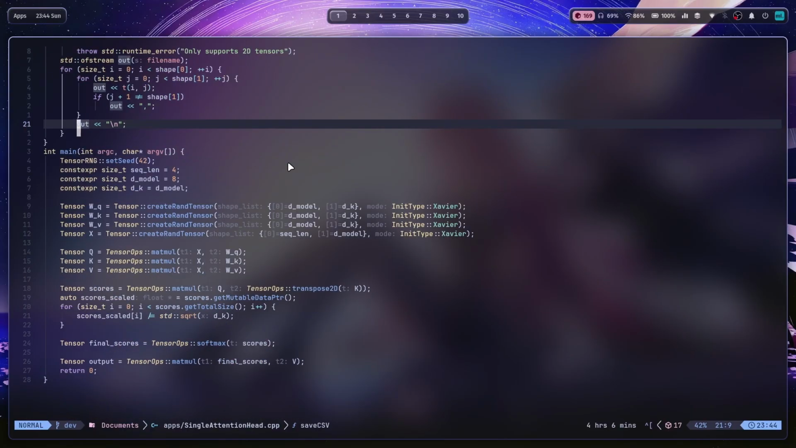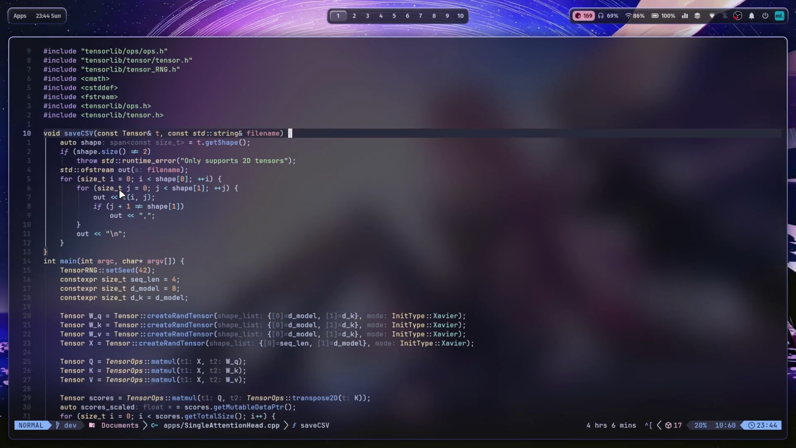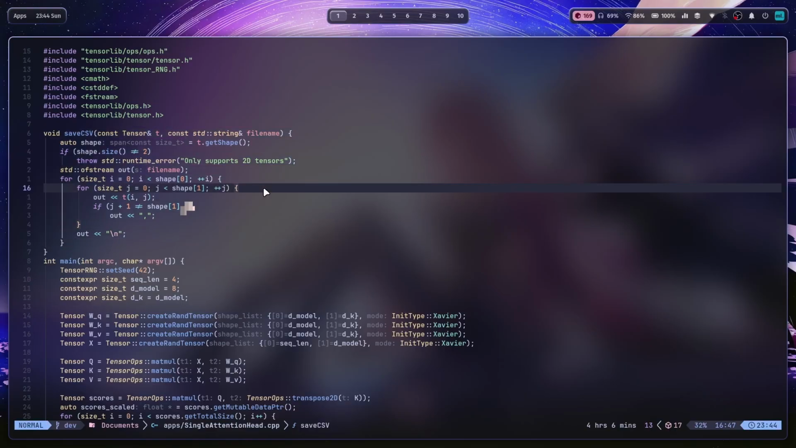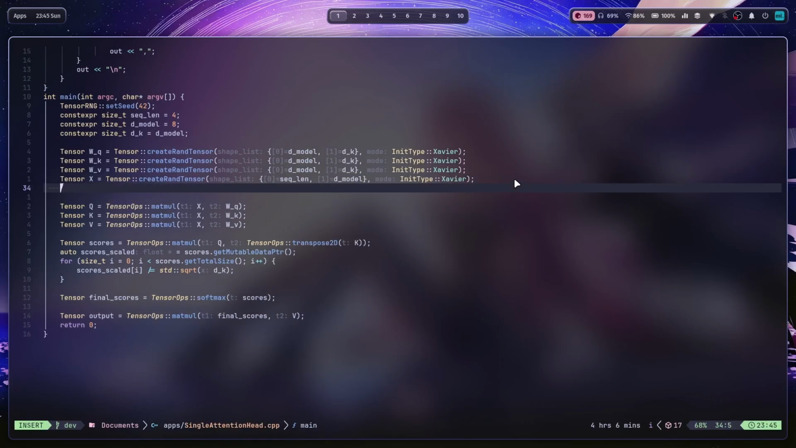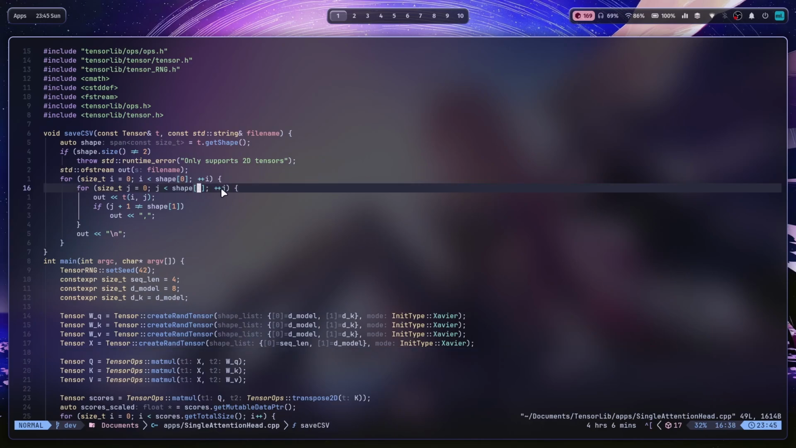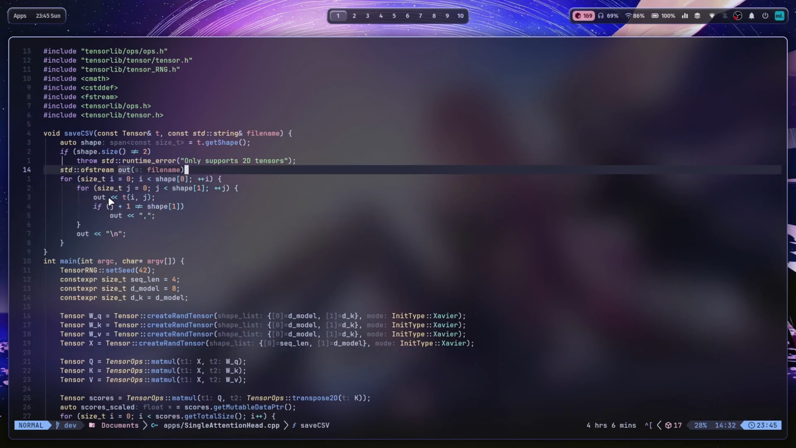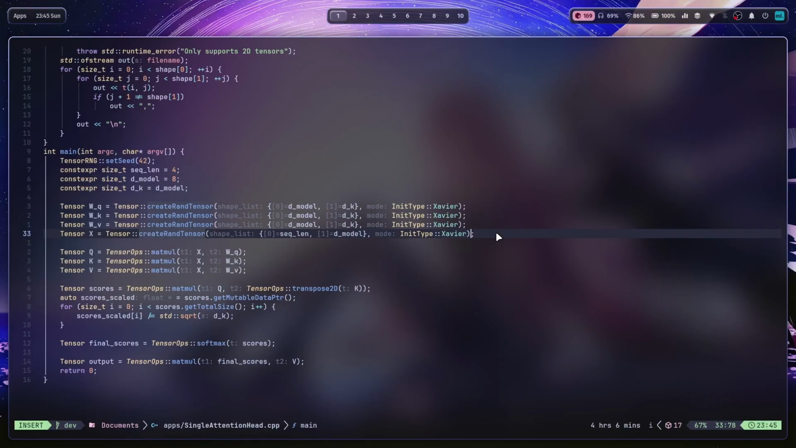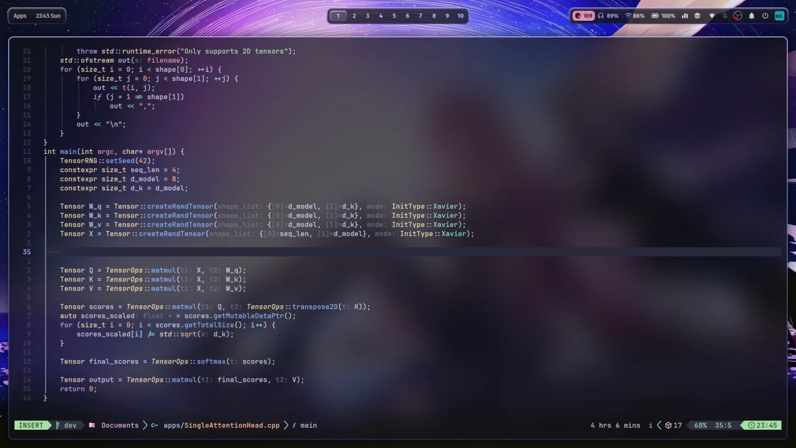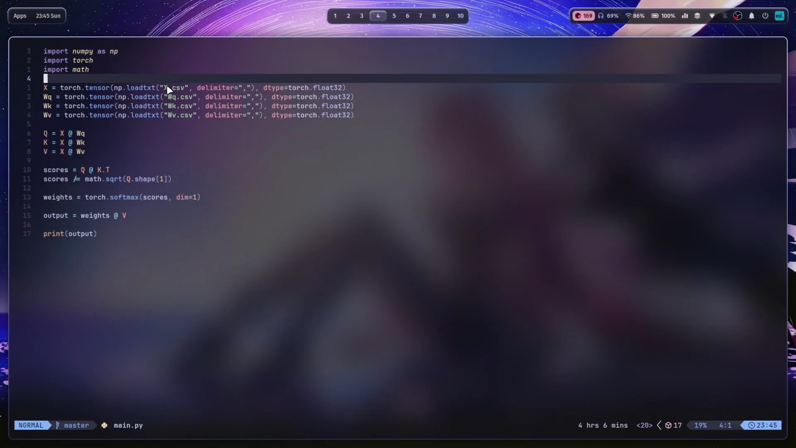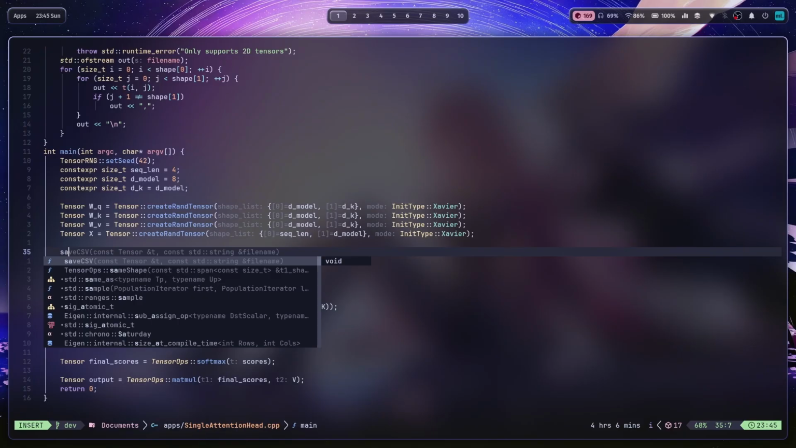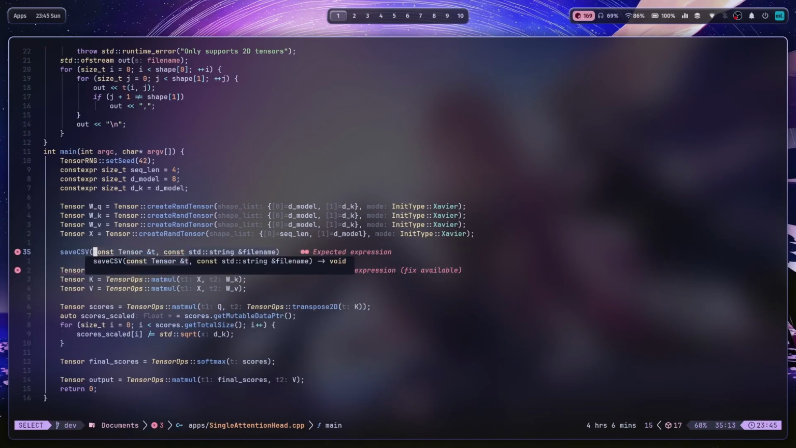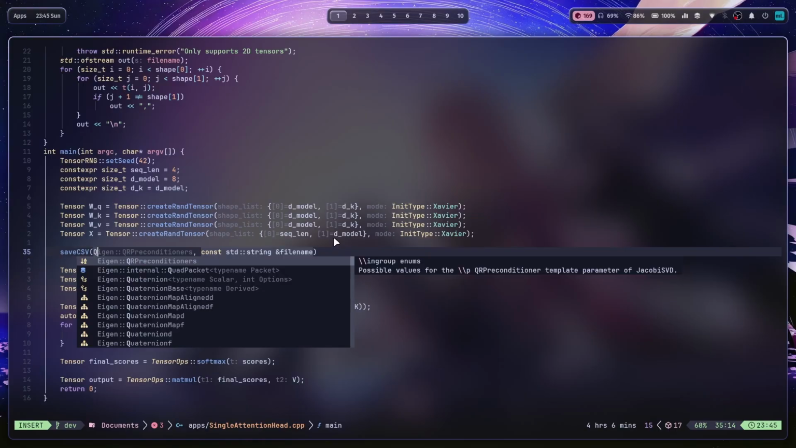And well, actually, now I added this function right over here, save CSV. It just saves the CSV so you can verify it with PyTorch, and I will just add it right over here. I also wrote the Python code, so it will take these and then actually test it out and stuff like that. So I just call save CSV